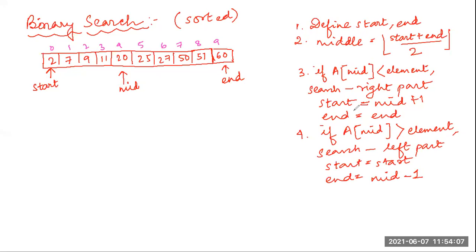Another possibility, acha, this is not any other step. I am writing it for you to understand, but this third step will have three possibilities: one, two, and another one. I am just naming it so that you understand. It may happen that whenever you are calculating mid, the middle element itself is the element you are searching for. Either the element can be in the left, or the element can be in the right, or the middle element is the element you are searching for. So if this is the case, then fine, not an issue.